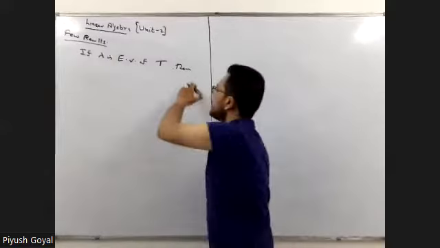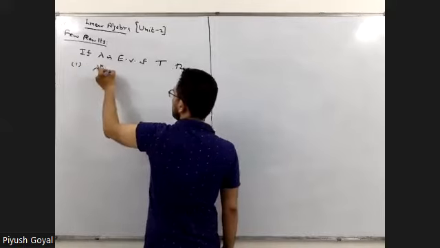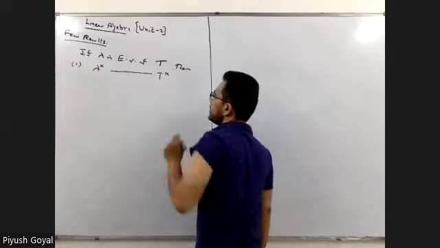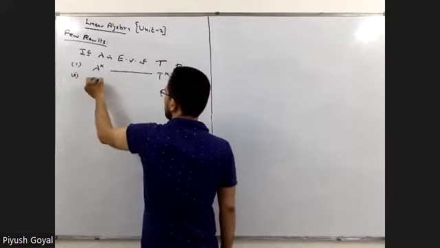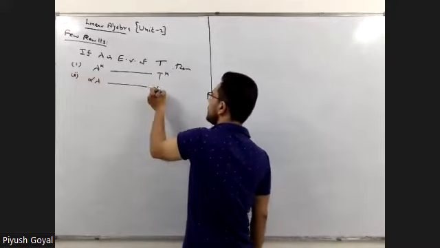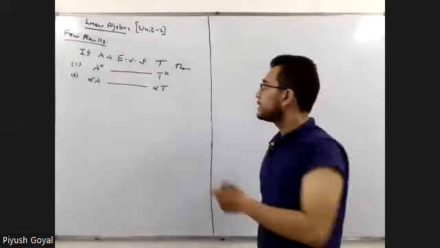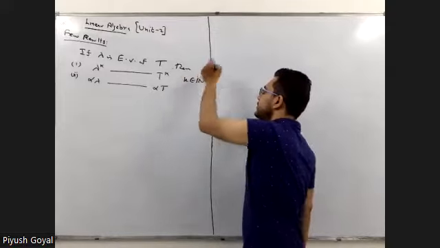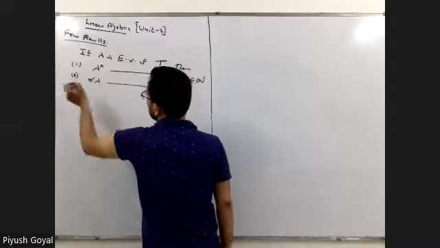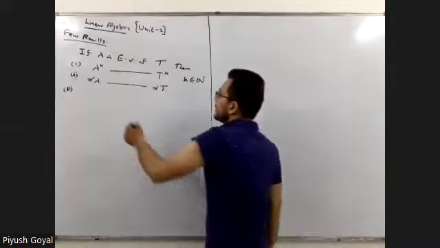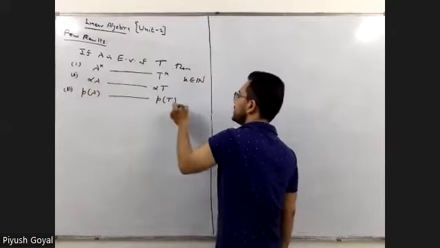If lambda is eigenvalue of T, then first part, lambda raised to the power k is eigenvalue of T raised to the power k. Second part, alpha lambda is eigenvalue of alpha T. For this, k belongs to natural numbers. So when you combine this, you say p(lambda) is eigenvalue of p(T), where